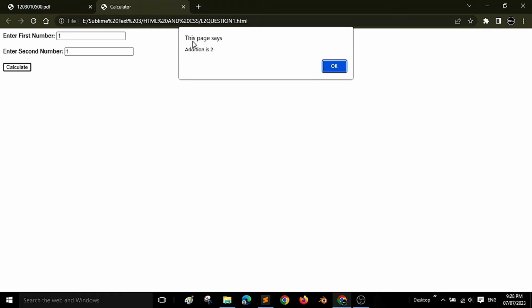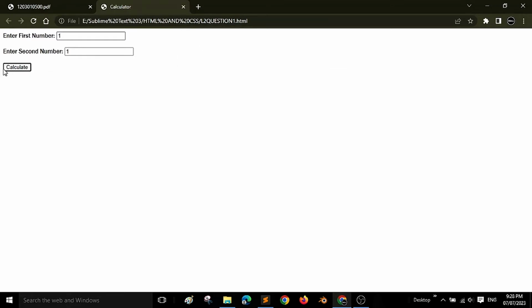You can see here the page says addition is 2. This is the pop-up message which I said earlier. The alert tag helps us make a pop-up message like this. Then the subtraction is 0. Then you can see multiplication is 1, right? Then you can see division is 1. So our code has worked properly.